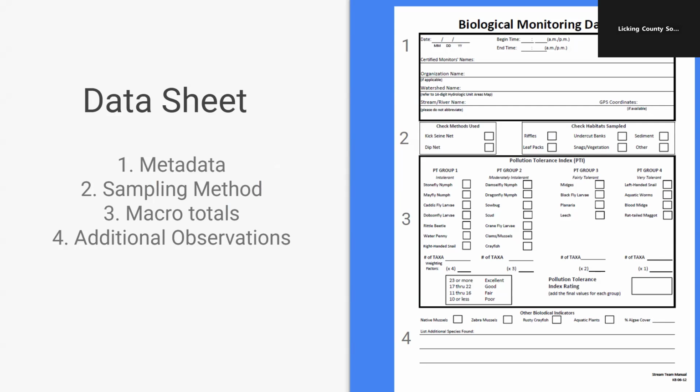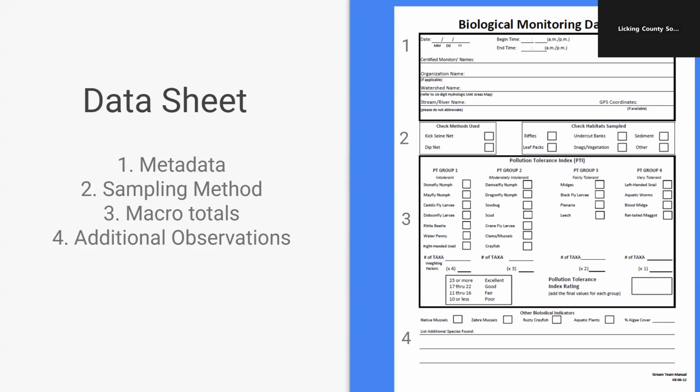So you could find 100 caddisflies, but you'll only check caddisfly once, and you'll only get the 4 points corresponding with finding that organism in that tolerance group. We'll go over a little later how you score and use this section, but you can take a look at it here. It's the four groups, the four different scores for each group,